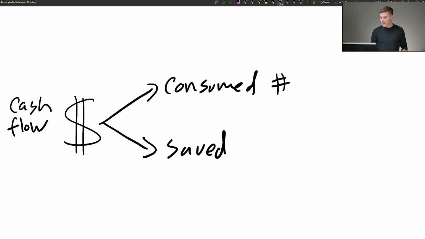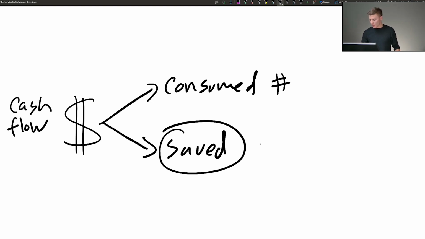And this is money that you are saving for a future date. Now, the assumption that we're making is these dollars you're not just saving for a car or a refrigerator or some short-term consumption. You're saving for a future date. You're saving for your future retirement or your future legacy. And the assumption that we're going to make is these dollars need to be working for you over time. And the hope is that they can grow. The hope is that you can control and maximize the use of those savings.